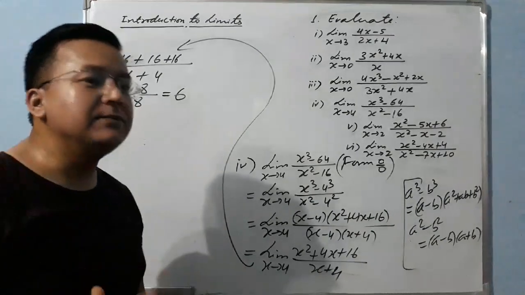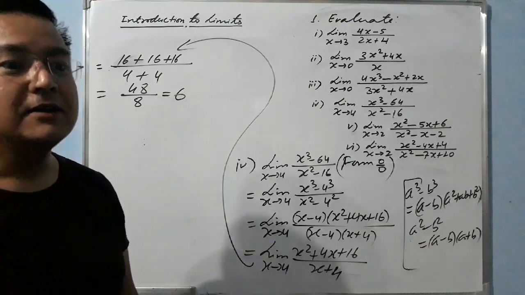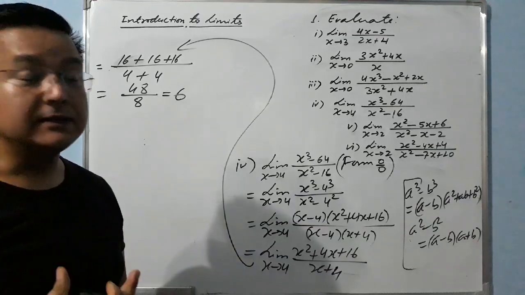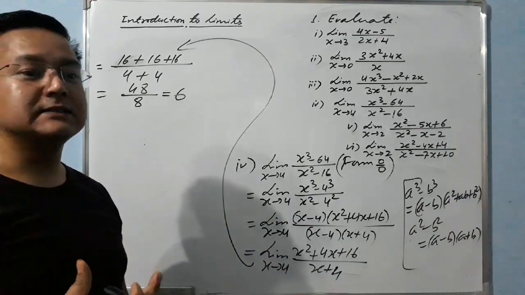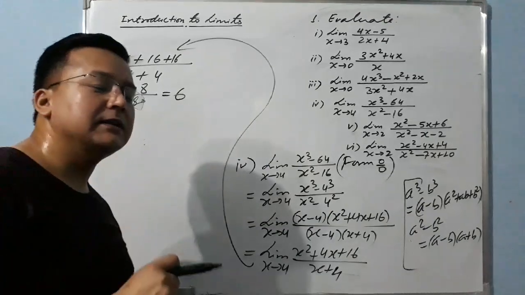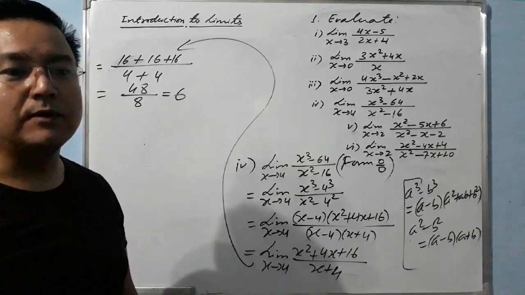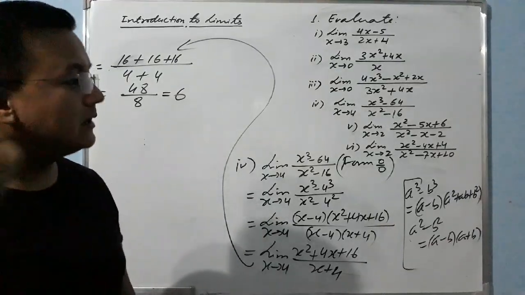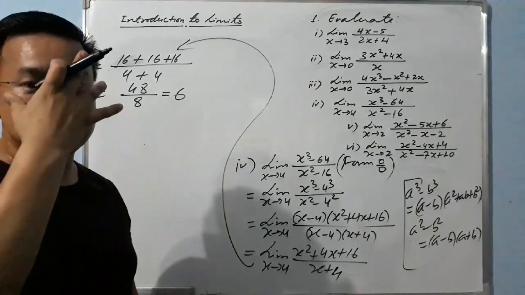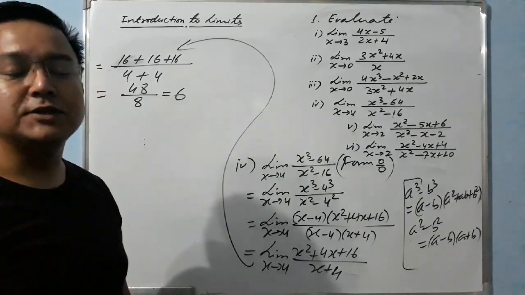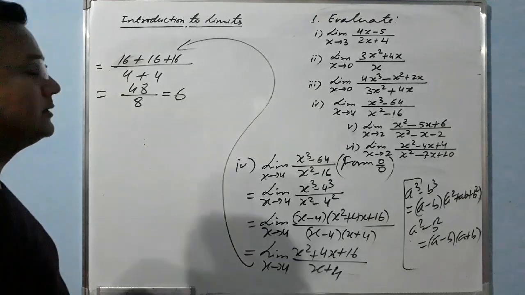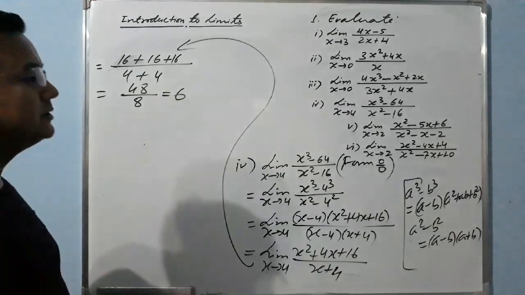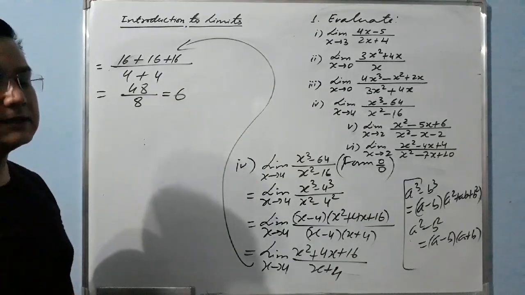So in which case does the limit of a function not exist? Whenever you get infinity, at that time we can say the limit does not exist. Later we will discuss this when we study the left hand limit and right hand limit. At that time also, when the left hand limit is not equal to the right hand limit, we can say the limit of the function does not exist, right? But while finding the limit of a function, if you get infinity, you can say the limit of the function